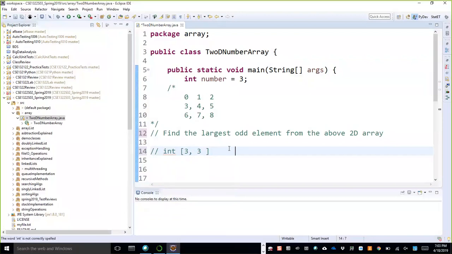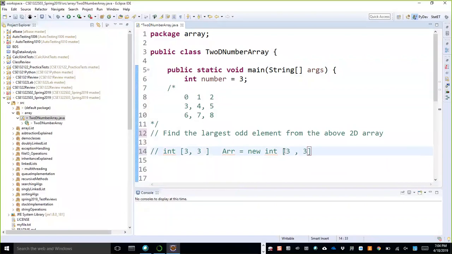And then I have to put my array name, say arr, equal to, and how to create an array: new, then int, then again I need to put square brackets, and within the square brackets I will put a comma, and then I will put 3 by 3. So this is the declaration. And actually here I will put this value.